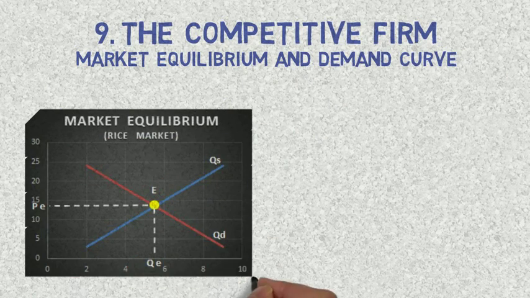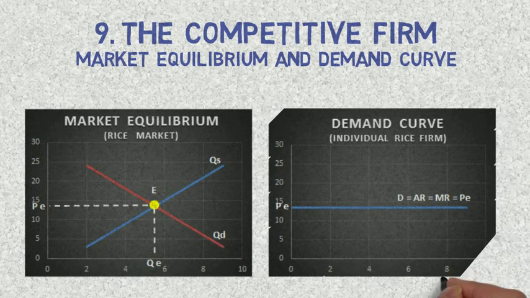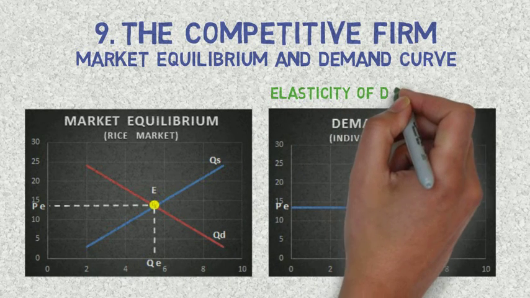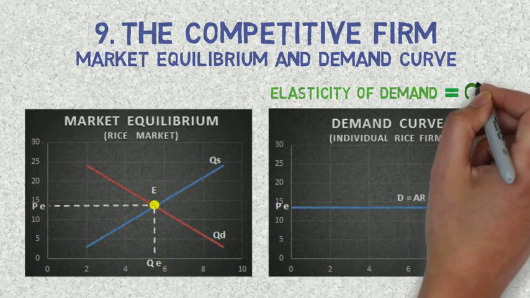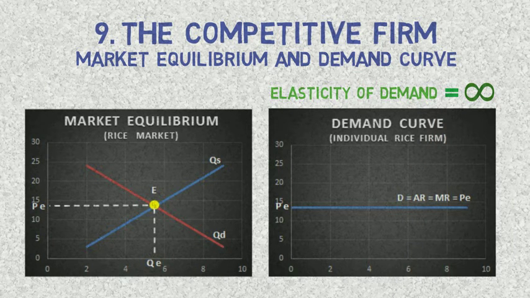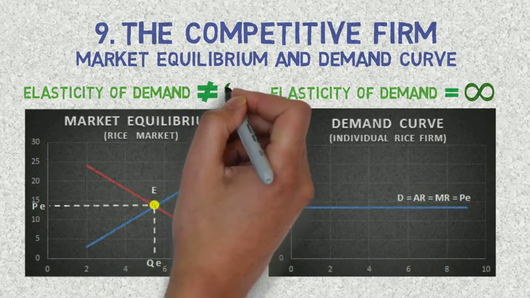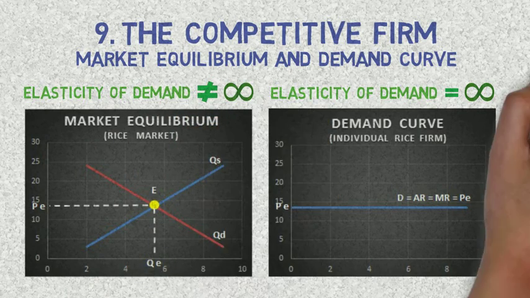The second graphic corresponds to the demand curve of one rice producer. Since all his production is sold by the same price, the demand curve for the individual rice farmer is horizontal, which means that this demand curve is perfectly elastic. In other words, its elasticity is infinite. The first graphic shows the quantity in millions of tons of rice, while the second graphic shows the quantity in